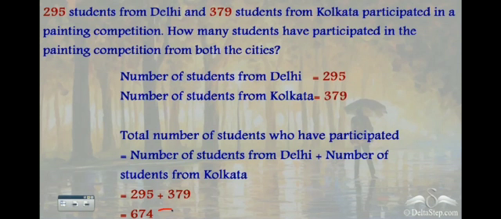In these word problems, we saw that the numbers given were all 3-digit numbers. So the method of solving the word problems remains the same. We first write the given and then we write what we need to find. We need to decide whether we need to add the given quantities or subtract them, and then we perform the respective operation. The difference is that over here the numbers are 3-digit numbers and we can easily add them because now we know how to add 3-digit numbers. So practice more and more word problems having 3-digit numbers.